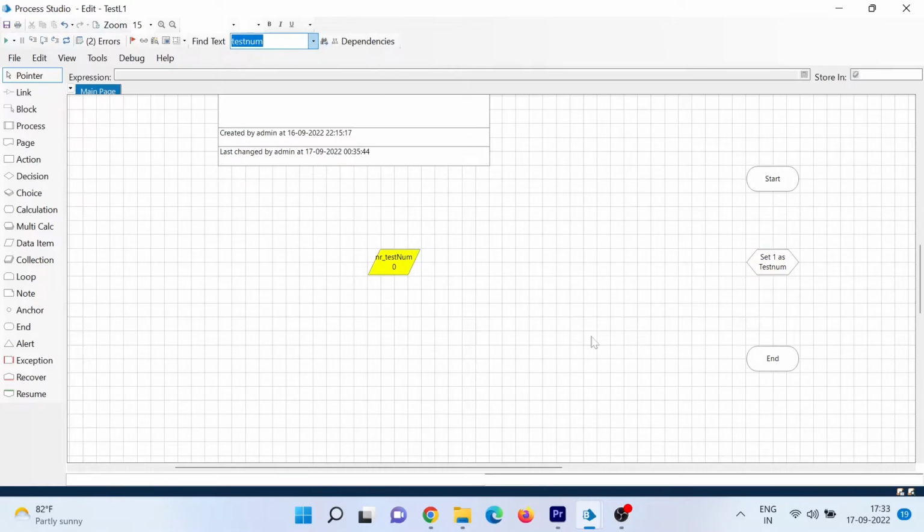So this is the main page. By default the main page comes, and in any page there can be only one start stage, so there is no start stage available to add. You cannot create multiple start stages. Of course, you cannot have multiple start stages, but you can have multiple end stages, because it is possible that